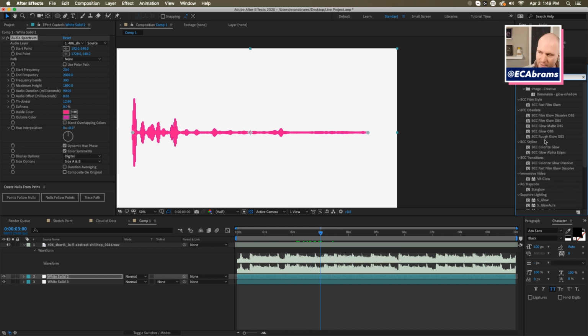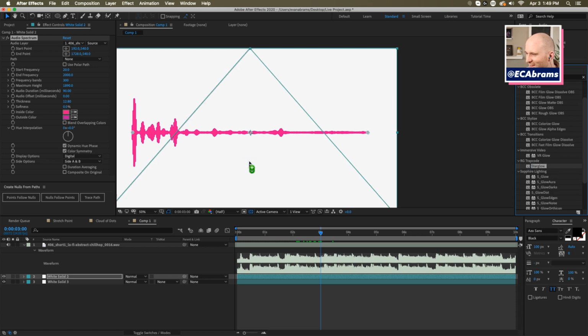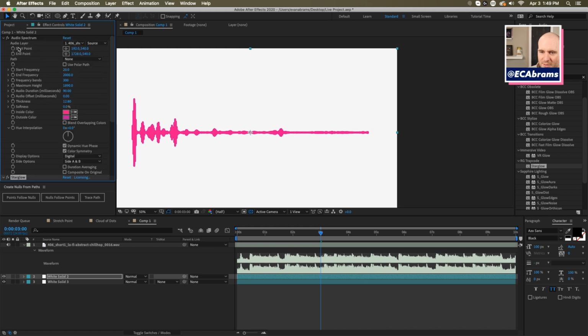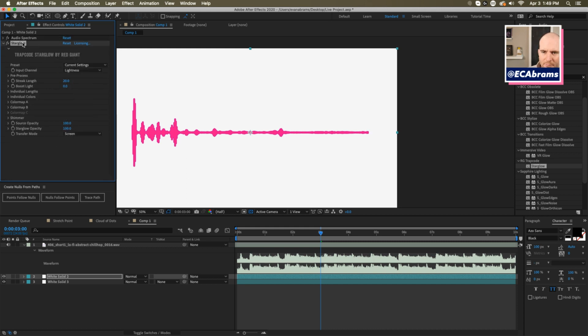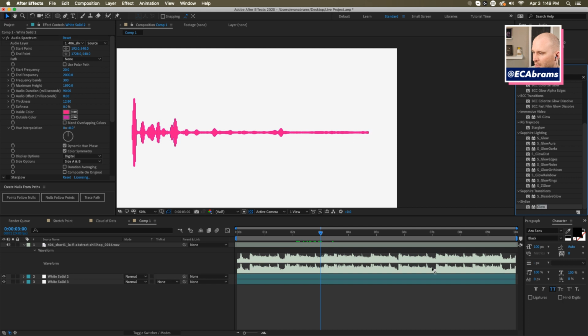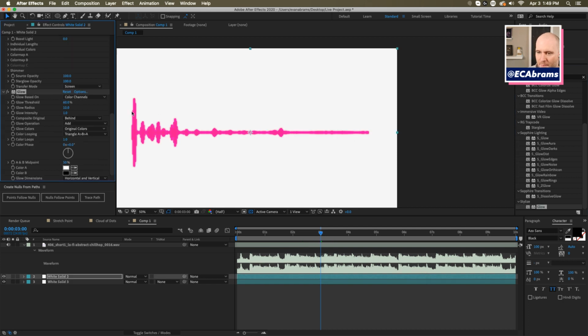Which glows do I even have loaded into this thing? Oh boy. What is happening with this? I don't think that's going to get me where I want. This is what happens when I try to do things off the dome. Okay. So you notice that now we got a slightly glowing thing.